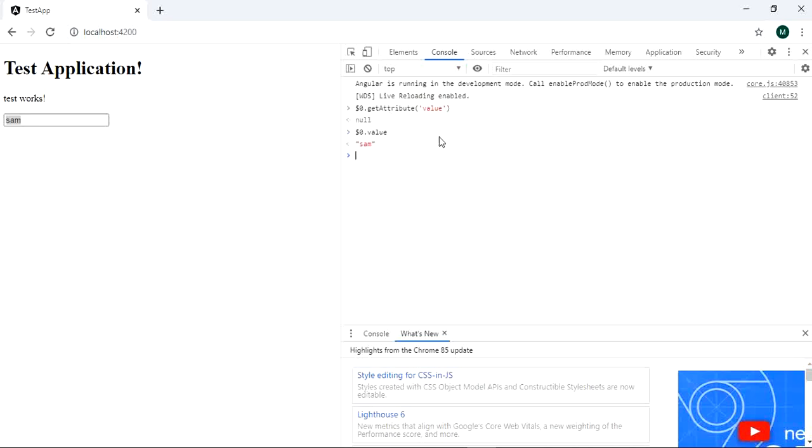So you can see this particular value is null and this particular value is available, as it is available in your text box. So we have to know some basics of HTML attribute and the DOM property. Attribute and property are not the same. First of all, the attribute is defined by HTML while the property is defined by DOM. Attribute initializes the DOM property and they cannot change once they are initialized, but property can be changed. That's why properties can be changed, but attribute once initialized cannot be changed.